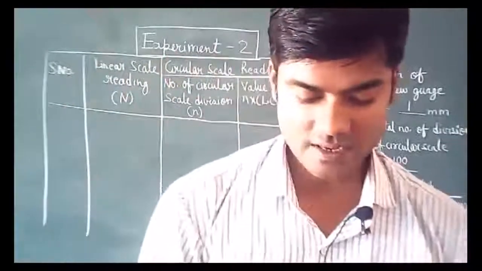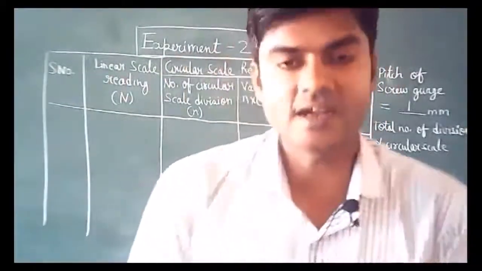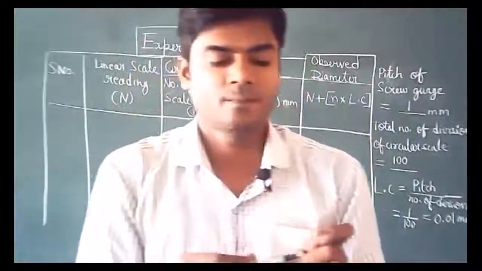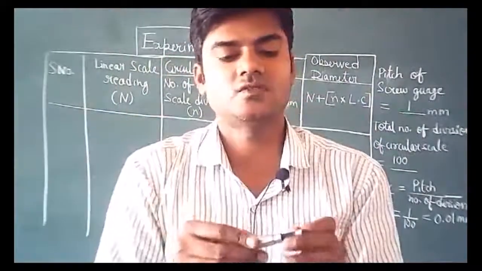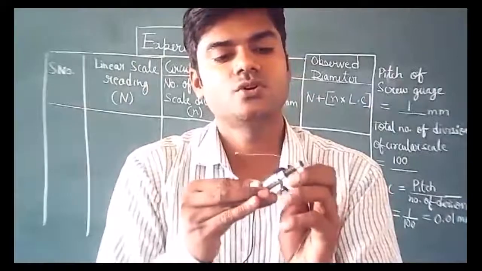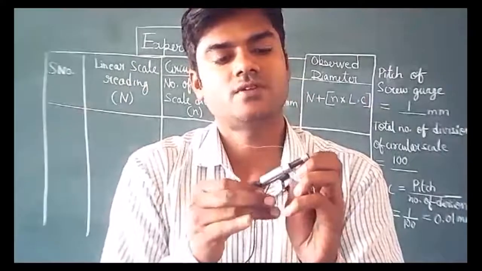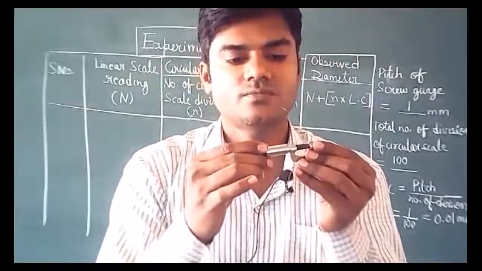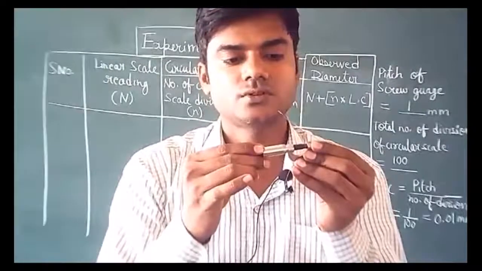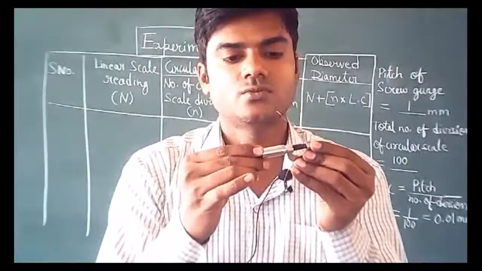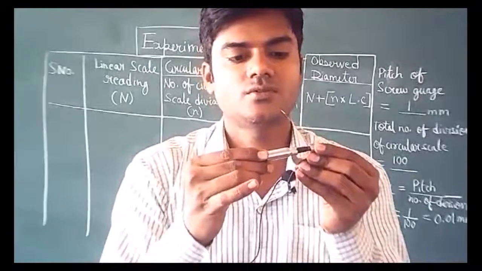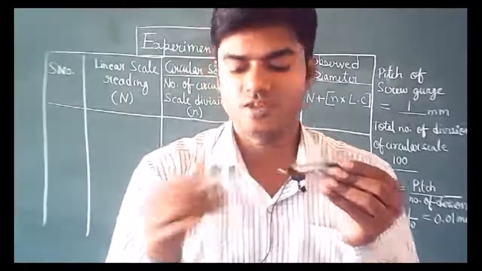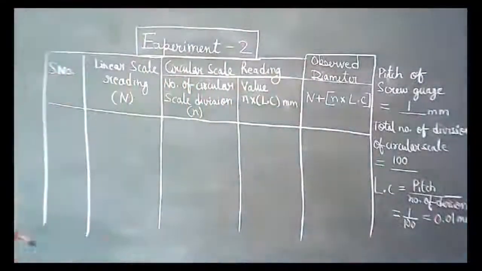So now we'll take 3 readings, only 3 readings at different places of this wire. I don't know if this will be perfectly visible to you. So here I have taken, and this is coming to be, yes, 50 divisions. So पहला reading है, first reading is